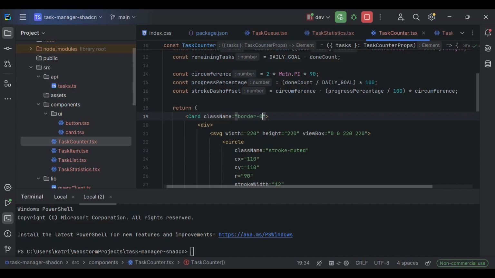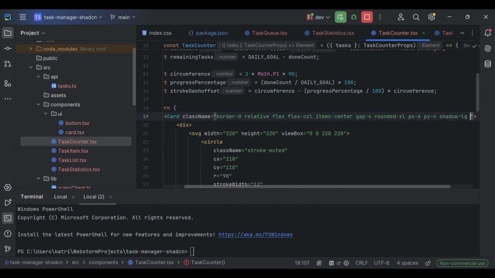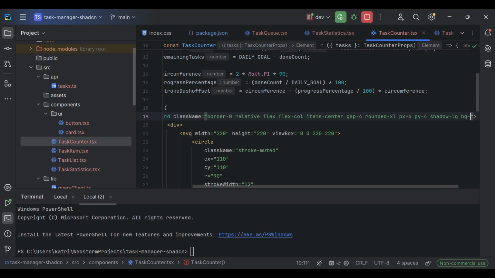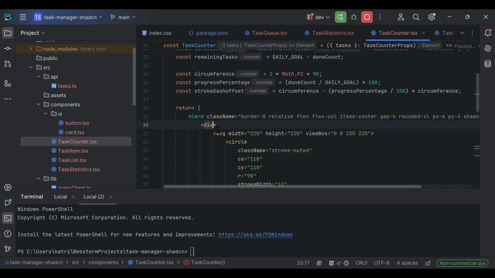Border 0, position relative, flex column, items center gap 4, rounded XL, padding 6, actually padding horizontal 6, padding vertical 4, shadow large, and background white. Now here